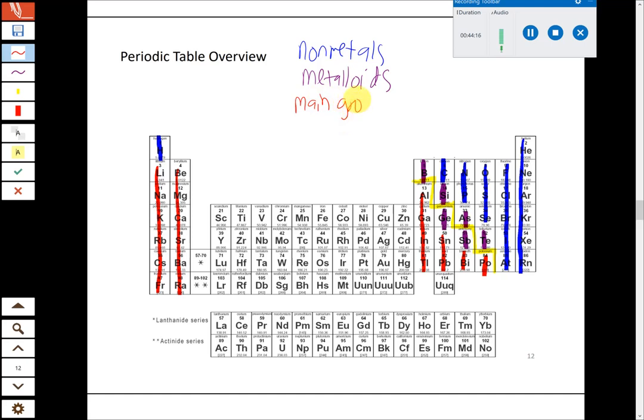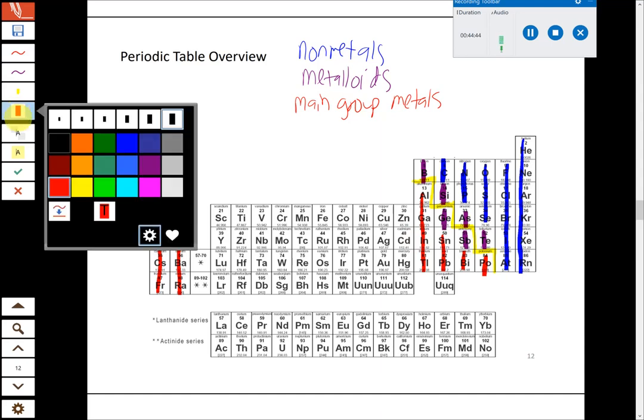Again, we're not going to hold you too responsible for whether it's a main group metal or metalloid, but anything that's in the S block is a main group metal. Any metal that's in the P block, starting with aluminum and on down, those are all called main group metals. So they're metals, but they're in either the S or P block of the periodic table. Within those, there are a couple of categories I want you to be familiar with that we'll get to in a second. And then the other types of metals you have are